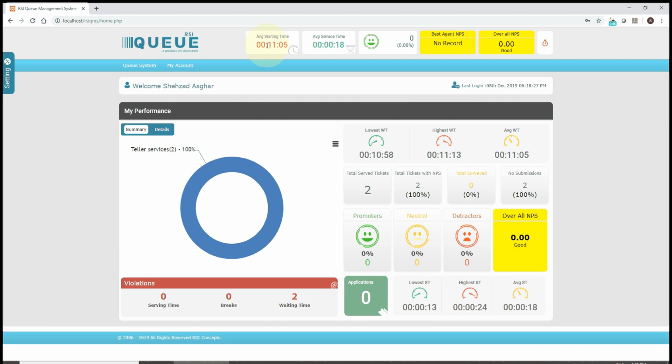At the top, you can see the average wait time. That's the overall average wait time for the organization. Next to that, you can see the overall average service time. That's collectively for the complete organization. And then we have on the top